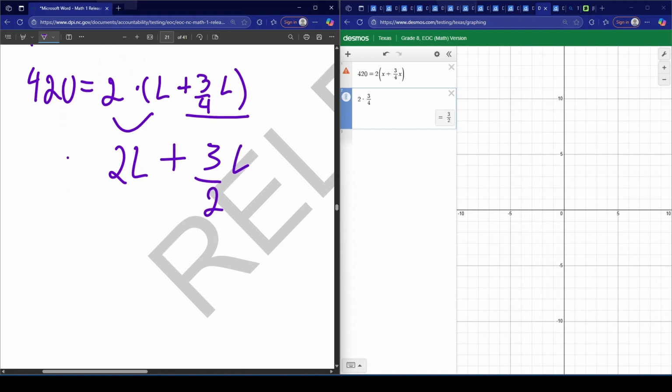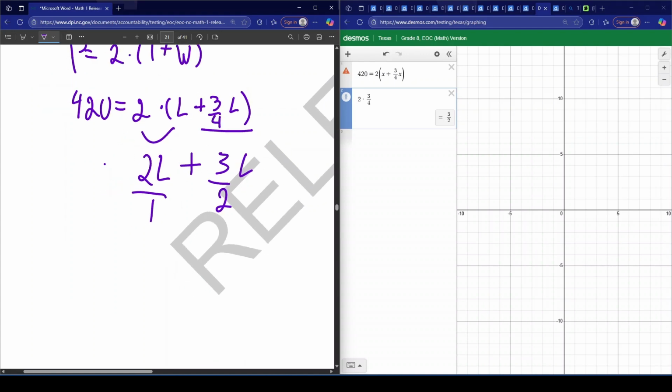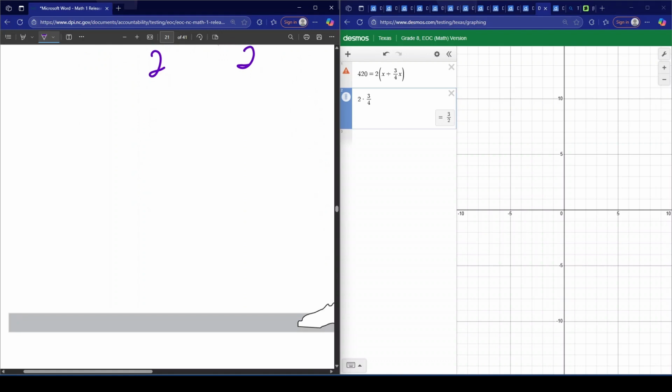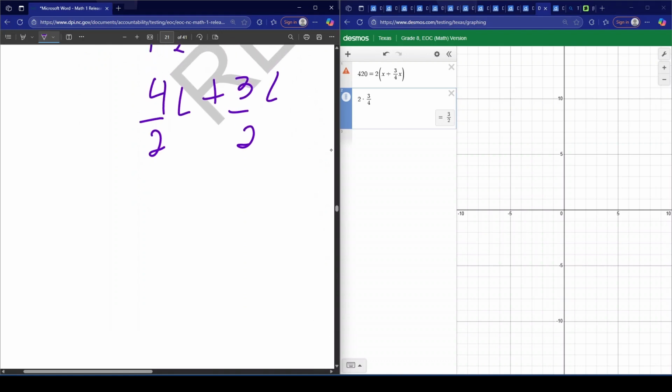So we can rewrite 2L as 2/1 L. And then we can find the common denominator, but for this situation I'll just be multiplying by 2, so we get the same denominator as 3/2. That gives us 4/2 L plus 3/2. Now we can add them up together, so what we end up with is 7/2 L